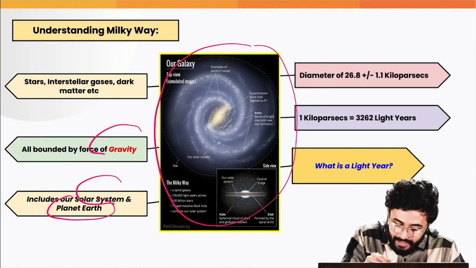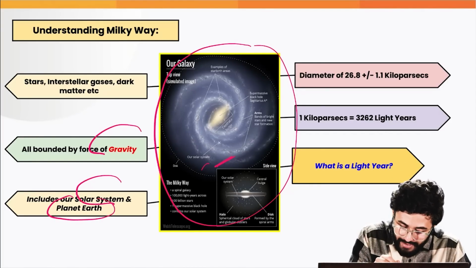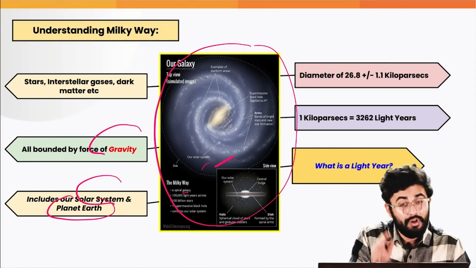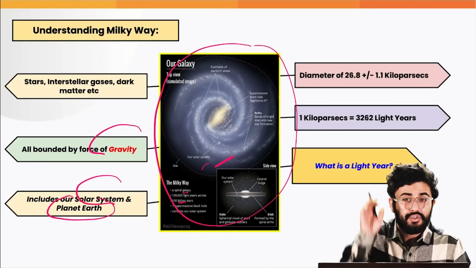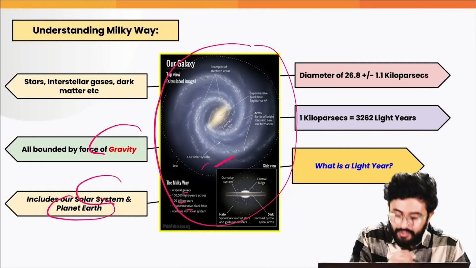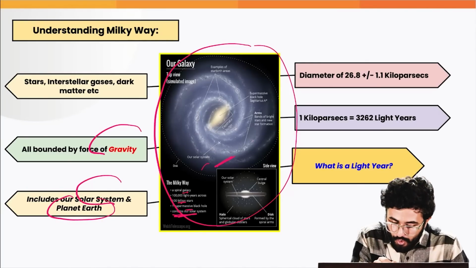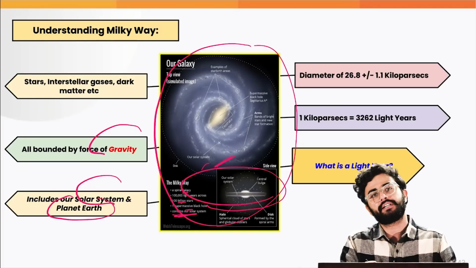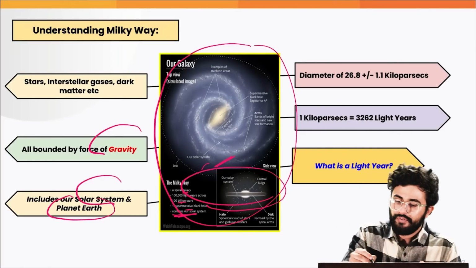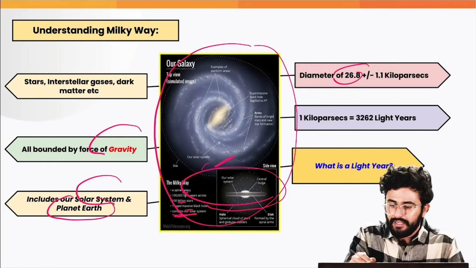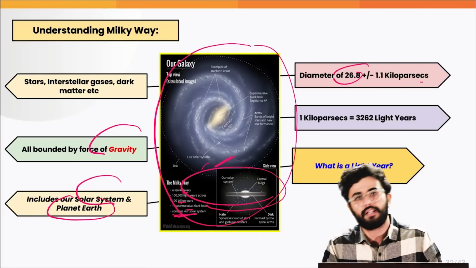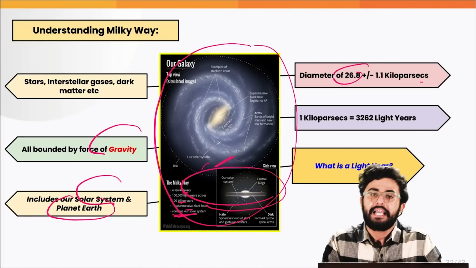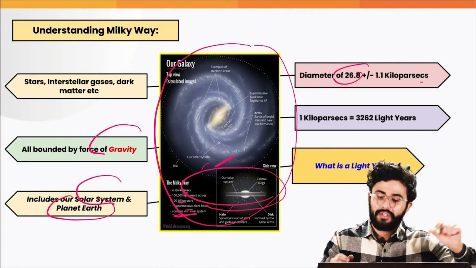And if we look at this diameter, this spiral galaxy has around 100 billion stars, one supermassive black hole, and also contains our solar system. Just look at its disk shape here, which is presented there. It has a diameter of around 26.8 plus minus 1.1 kiloparsec. So what does kiloparsec mean? Kiloparsec stands for 1000 parsecs or